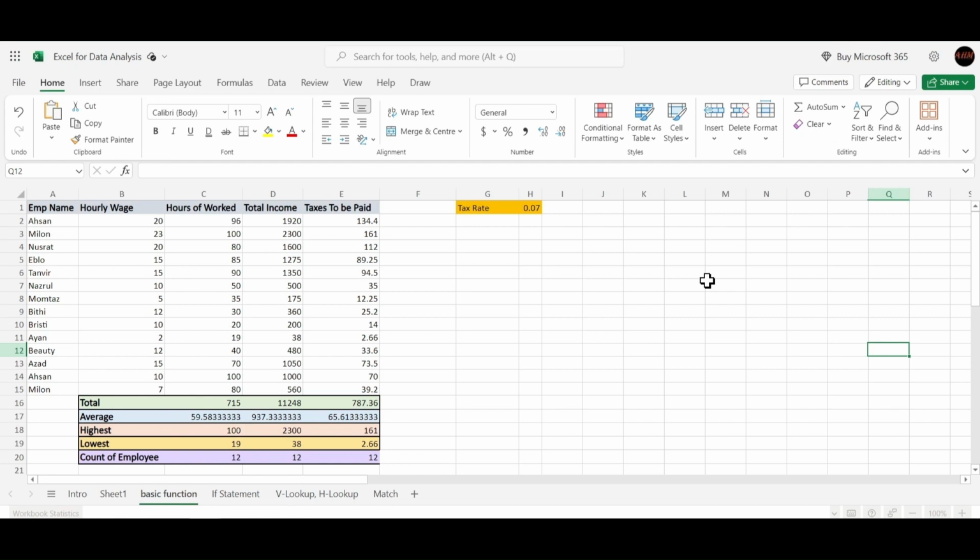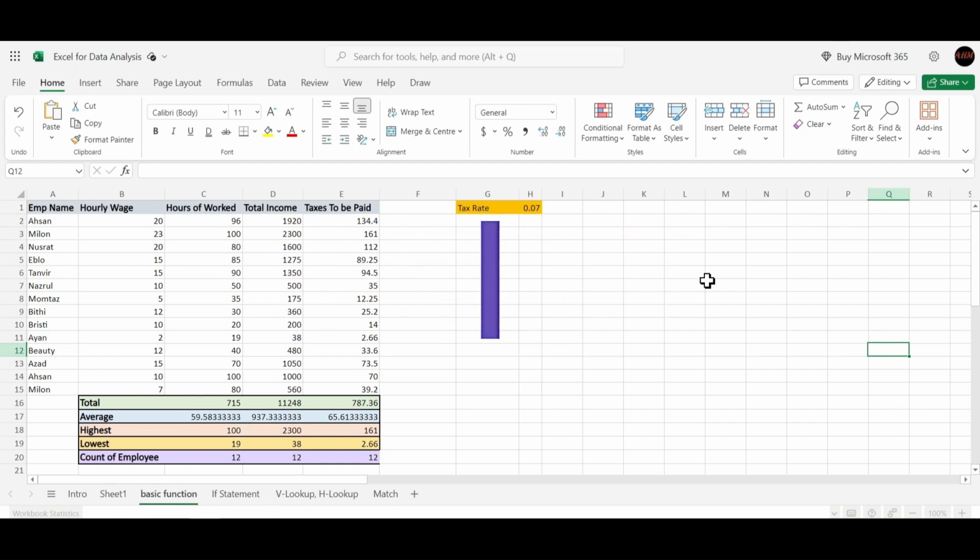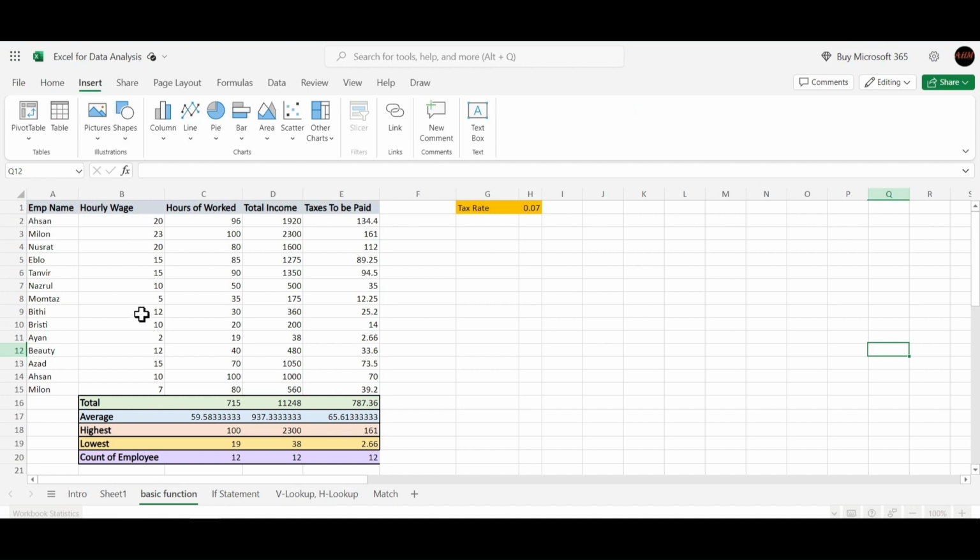So in this part, we'll talk about pivot tables in Excel. A pivot table is sometimes also called Power Pivot. We can get access to the pivot table from the Insert tab, in the Tables group. Here, the pivot table is similar to the group by function that we used in SQL, because